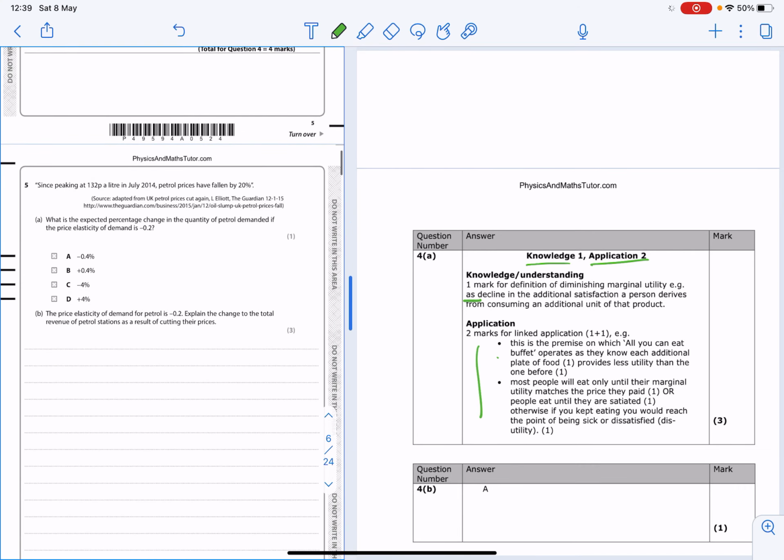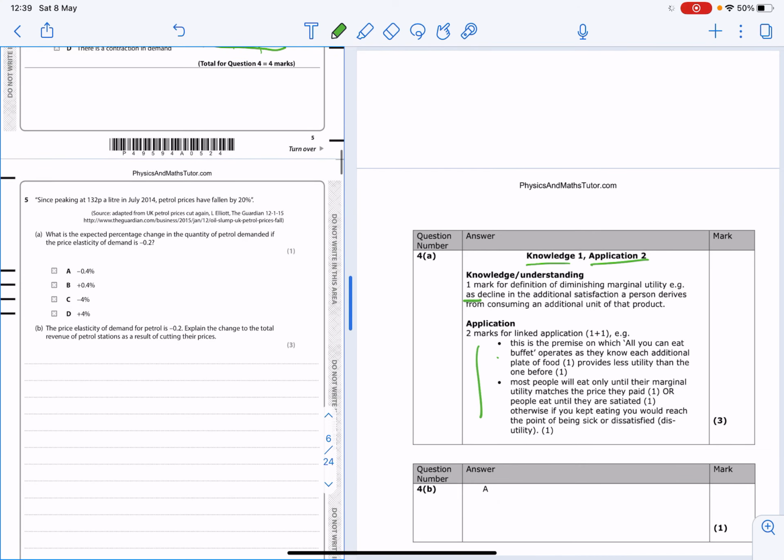And then we've got a calculation question. Since peaking at £1.32 a litre in July 2014, petrol prices have fallen by 20%. Well, that's nice because they've given you the percentage already. You've not got to work the percentage out. What is the expected percentage change in the quantity of petrol demanded if the price elasticity of demand is minus